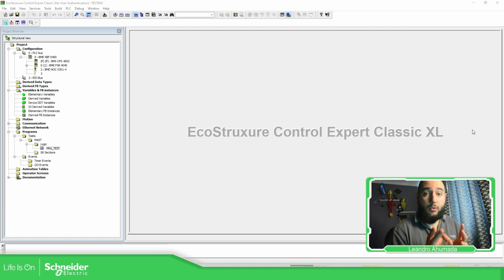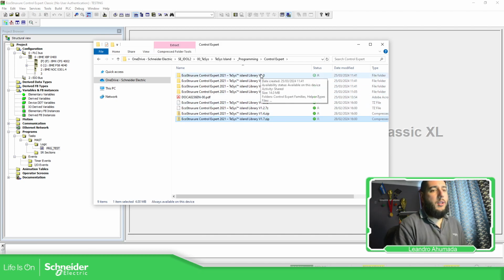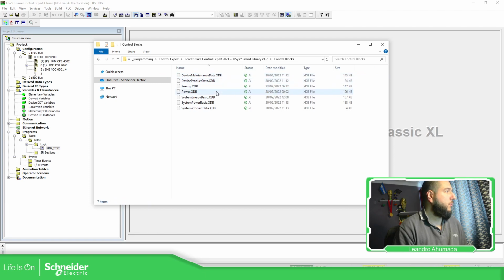So for the Thesis Island library, where's the folder? We have these kind of libraries, versions 1, 2, 4, and 7. If we go directly to download the v17, you have the control blocks to be imported into the Control Expert.